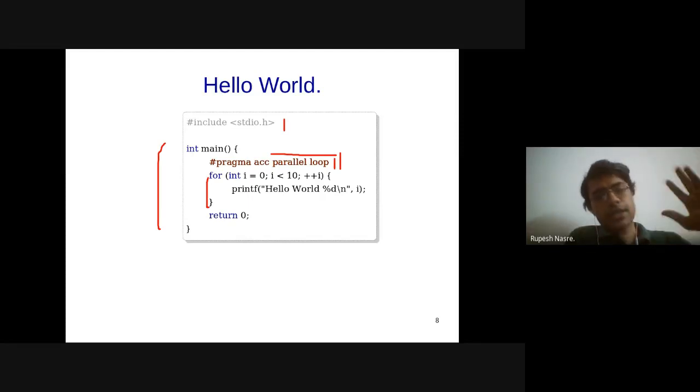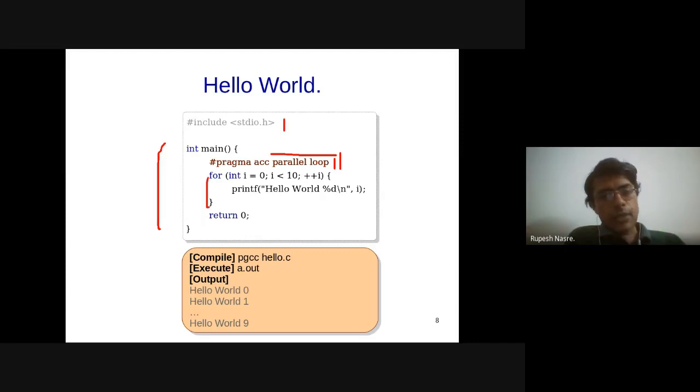So first, let's try to compile this program. The compilation will use a binary called PGCC. That is the Portland Group C compiler, using which you can compile this. If you are writing a Fortran program, you can use pgfortran and whatever hello.f90 or so. Once it generates an a.out, you can run that. I'm talking about your laptop, so you can just run it on your command line, and I get the expected output in this manner.